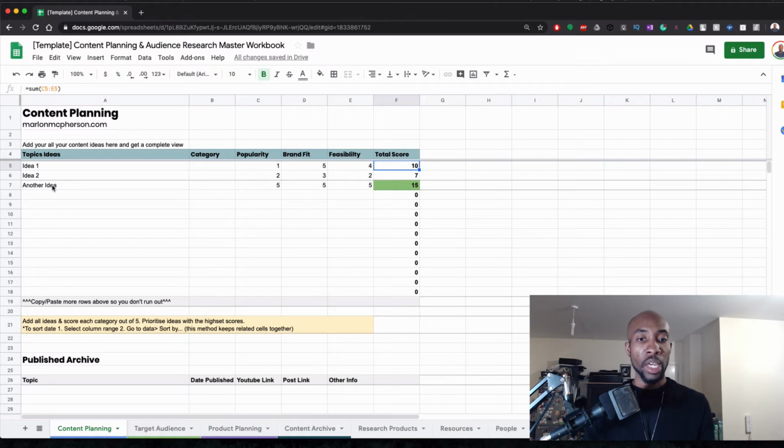Now, if you have several ideas, the great thing is that you can quickly see, I've got some conditional formatting here, which just says that if the total score, the number in these cells, is above 10, then it applies that green color to it. And I can visually quickly see which items in the list are actually a hit. So if I were to change this one, let's say to 5,